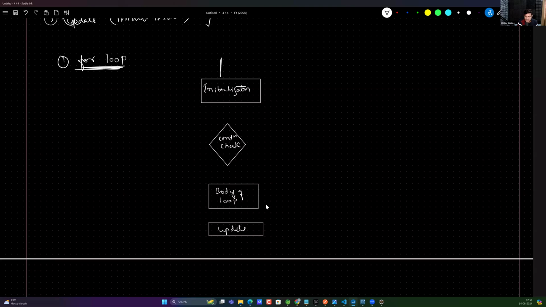Initialization. After initializing, it will check the condition. If the condition is no, it will exit the loop. If the condition is yes, it will execute the body of the loop. After, it will go for the update. After update, again, it will go back for the condition check for the remaining times. So what happens here is,